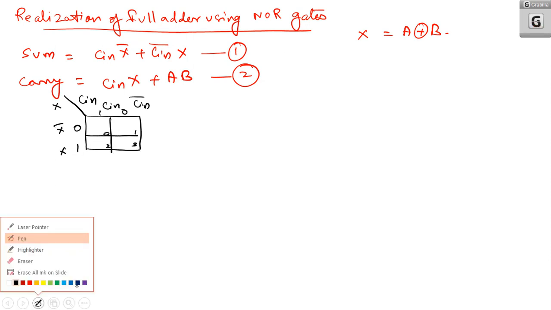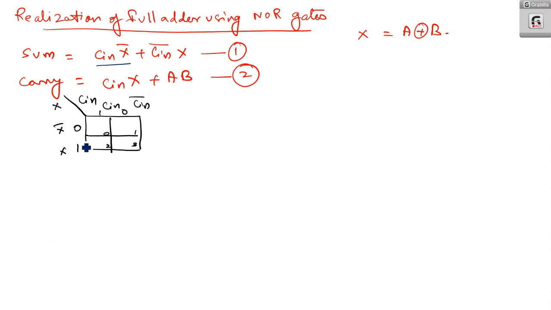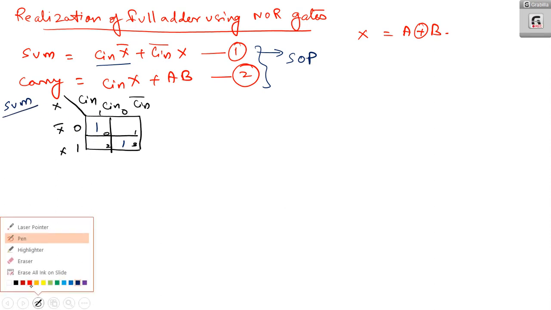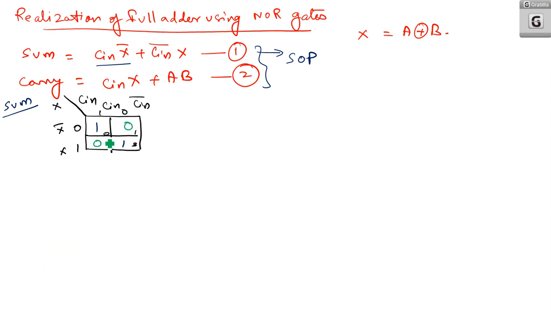So what is the first term? First term is C in H bar, so here you will get 1. Next one is C in bar H, this is 1. So these two expressions are basically in SOP form. I am trying to convert the sum into POS form. Now where will be zeros? Zeros will be here and here. So if you are writing the POS expression, this will be H, this will be H bar, this is C in bar, and this will be